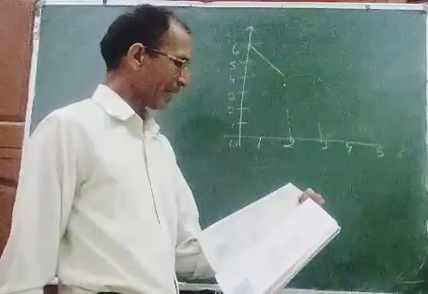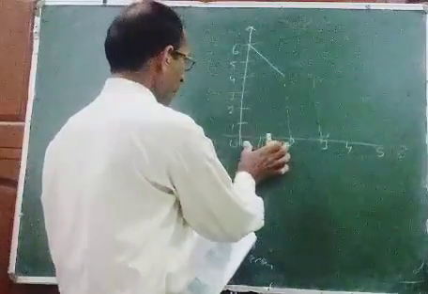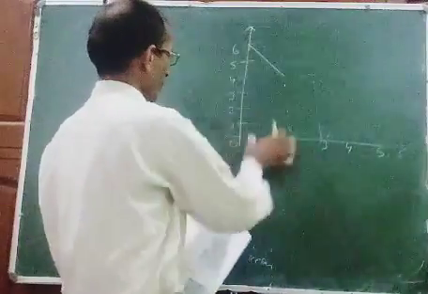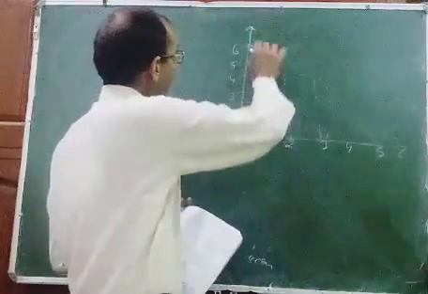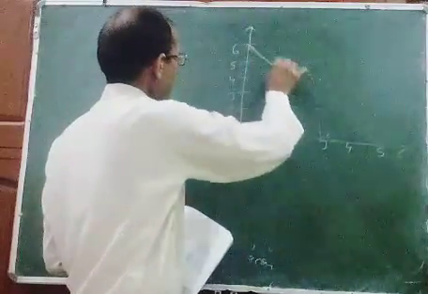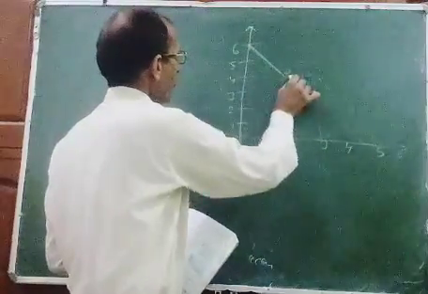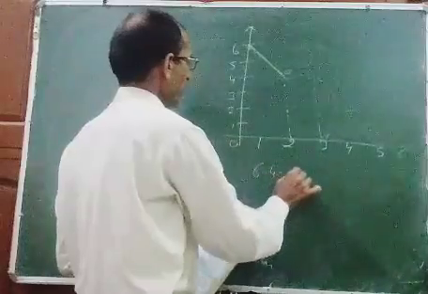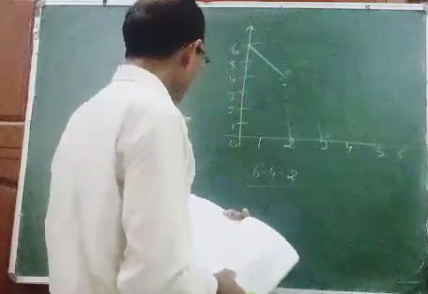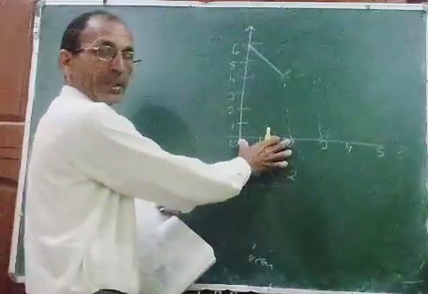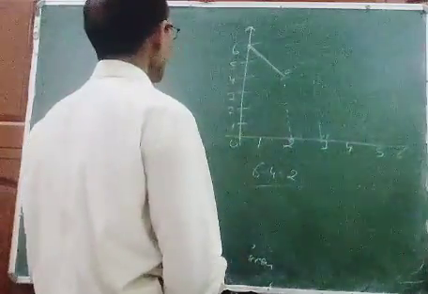So in the graph as shown in figure, the change in y when x changes from 0 to 2. So here is 0, this is 0 and this is 2, this is x. Now what will be the change in y? So here is 6 and what is here? It will be 4. So 6 minus 4 will be equal to 2. So this is the answer of this question, because x goes from 0 to 2, and on y it will be 6 minus 4, it means